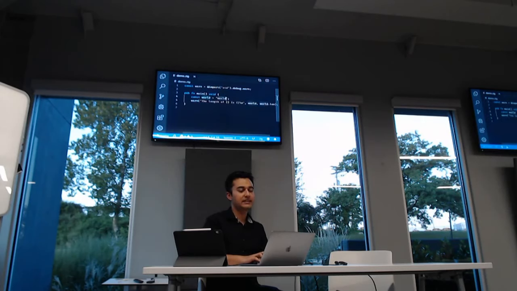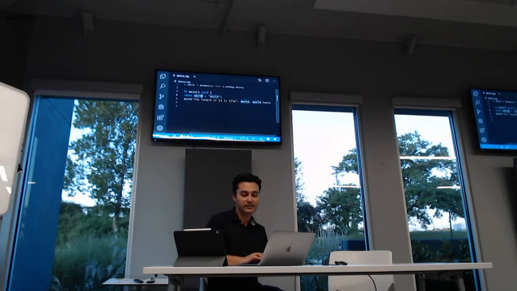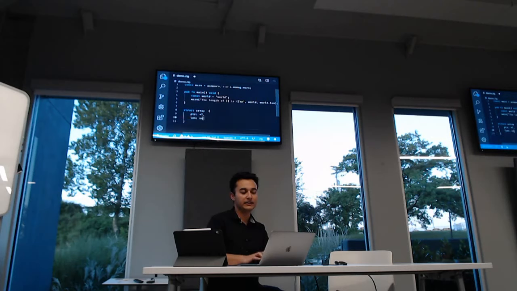So what this did was, world is an array, and in Zig you have arrays and slices. Arrays are compile time, so the length of the array is encoded in the type system. If you're writing C, a struct array would be something like a ptr of type T, and then a len, which is a usize. This is how it's implemented under the hood.